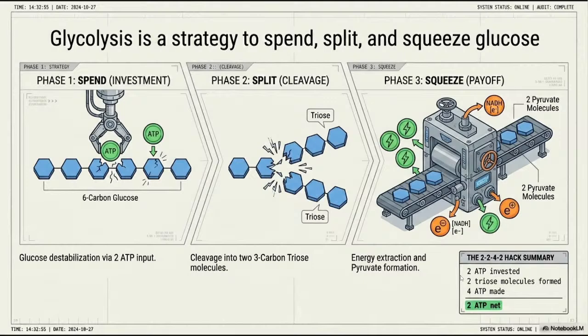Formula 224. So the first 2 means that 2 ATP are being invested. The second 2 is that there will be 2 trioses that will be made. So at the end of the day, you have 4 ATP that will be produced at this level: 1, 2, 3, 4. When you subtract the 2 ATP that was invested originally,